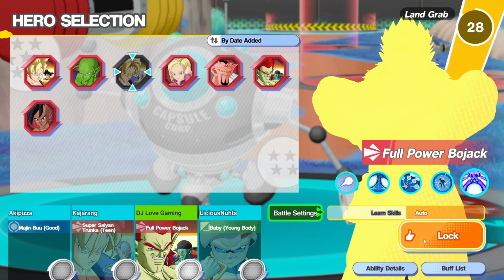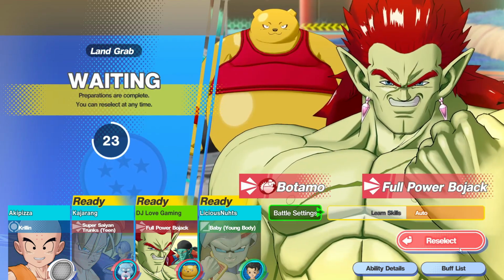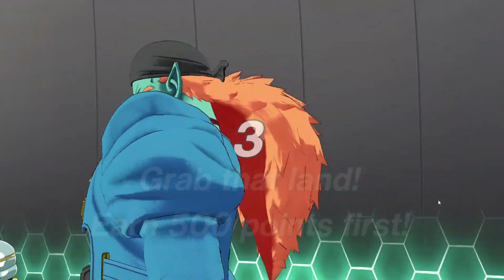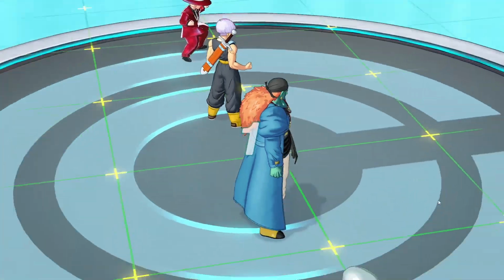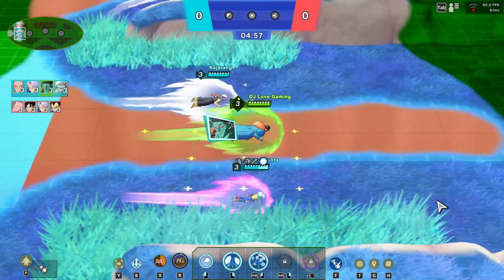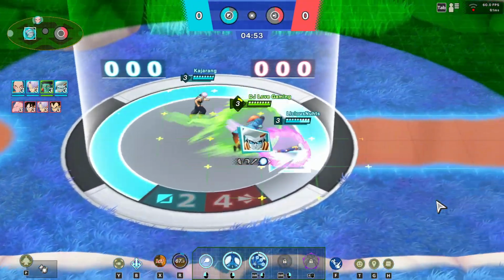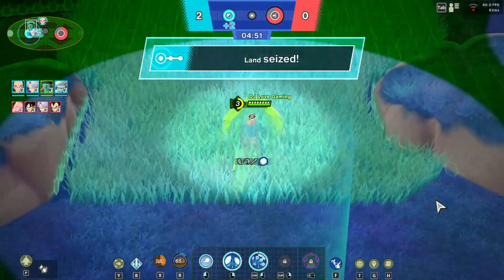So this is a second match. This is completely different. I do a rematch with a different team. This time I select Bojack. So in this case, I'm going to employ the same strategy as before. We're going to seize the land closest to our base, and then here I'm going to go above and try